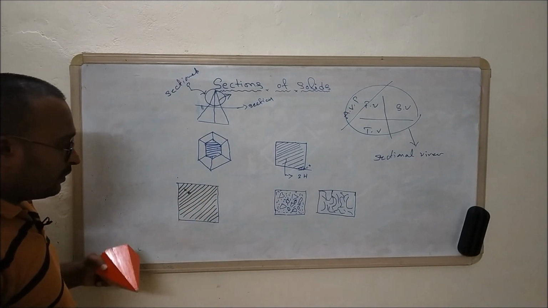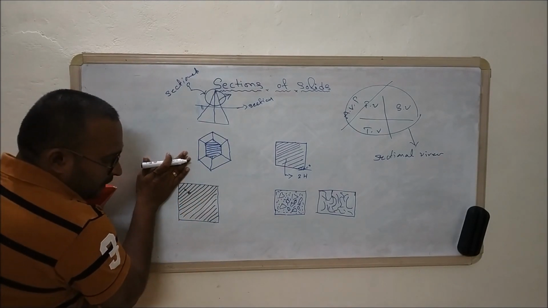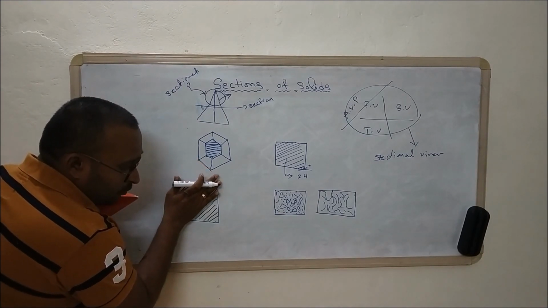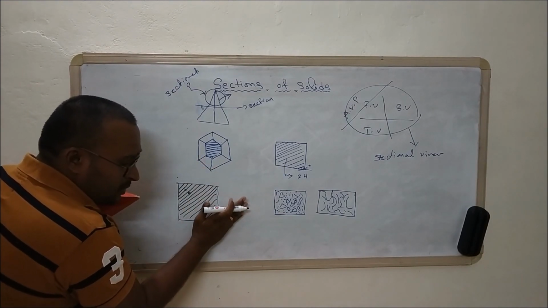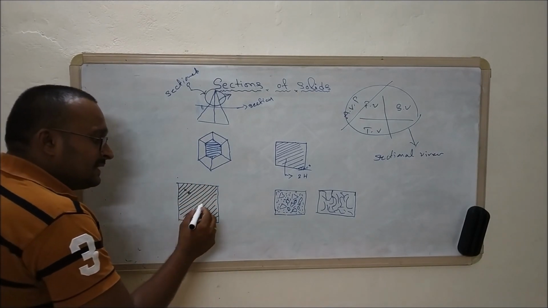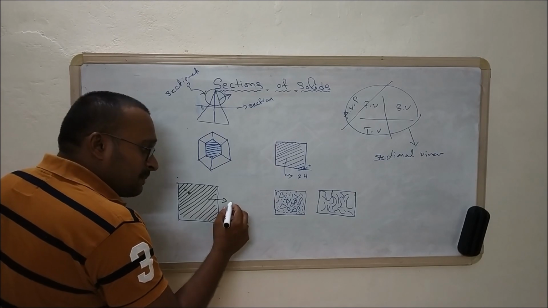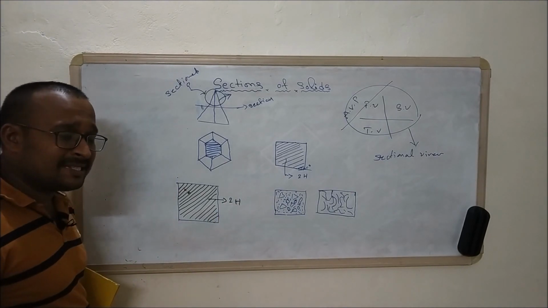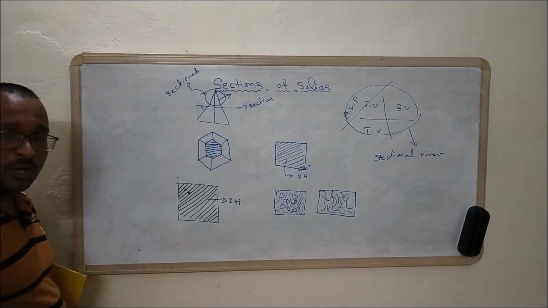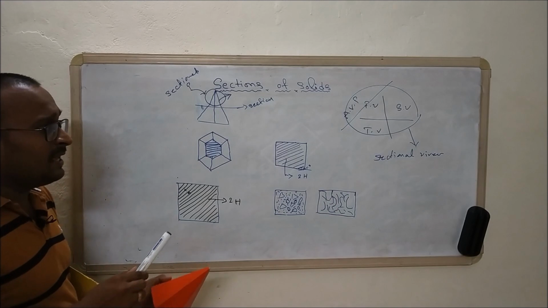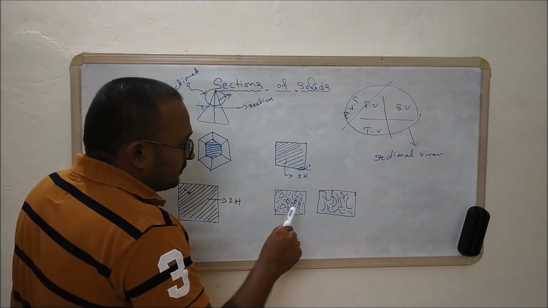So with the mini drafter, first we fix one line at 45 degrees, then we need to move the drafter downwards or upwards to get those hatching lines. At the same time, these hatching lines must be drawn with a 2H pencil. That means continuous thin lines, not thick lines. Please remember it, right? So this is the basic thing.